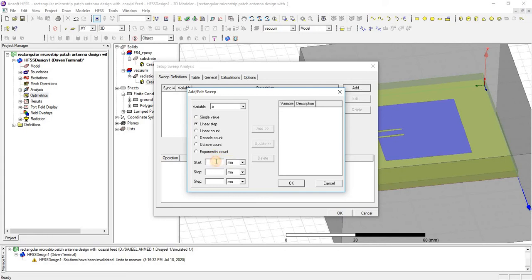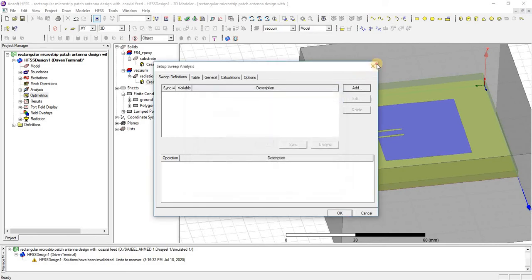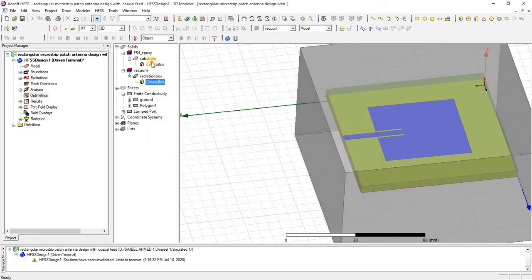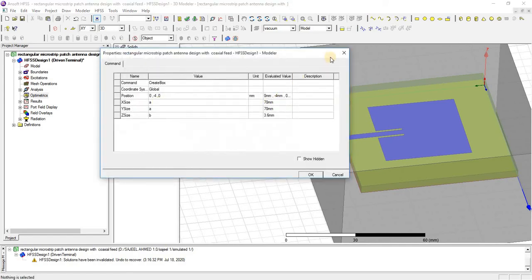In linear step, we define the starting value. For example, first I will check the value of the parameter as 70.